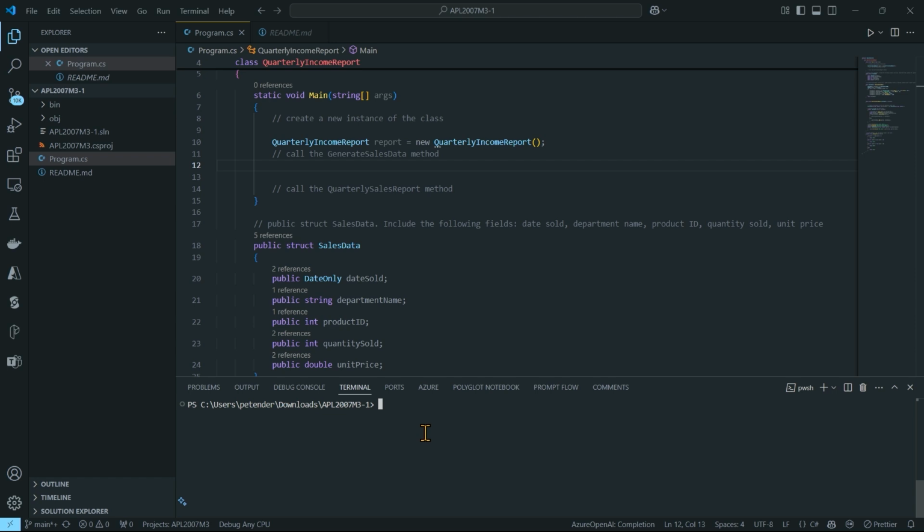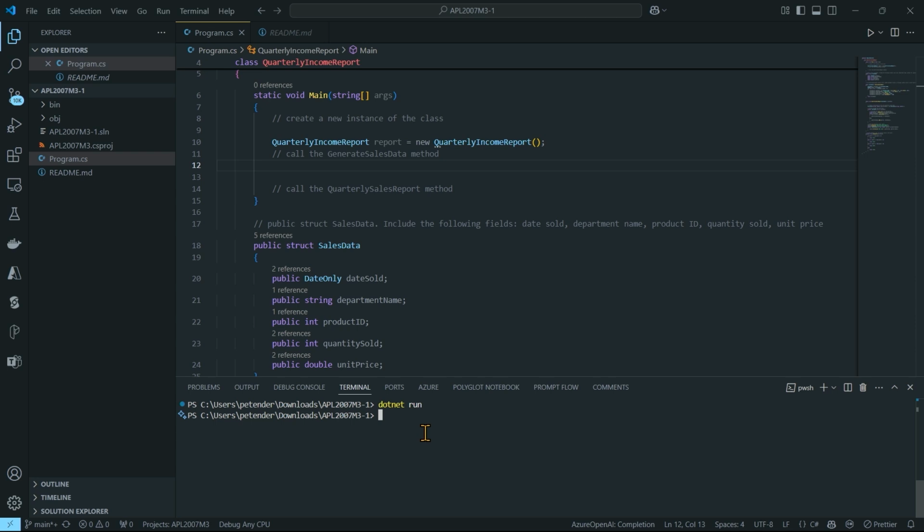So the easiest to test here is running .NET Run, where at least I can see that there are no errors, so the build compile is fine, but it's not producing statistics. I'm not seeing my sales report. Now, why not? Because I actually forgot two steps where you need to create some